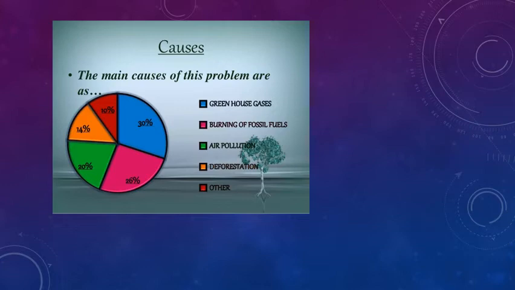So as I had already told you, carbon dioxide and these greenhouse gases actually behave like a greenhouse. They allow the heat to enter the earth's surface, but they do not allow the heat to escape. Now, because over the years the concentration of these greenhouse gases has been increasing, they are absorbing more heat than actually should be absorbed. So as a result of this, there has been an increase in temperature.